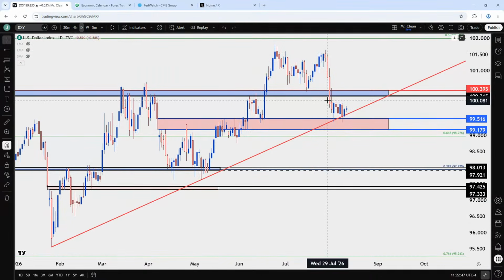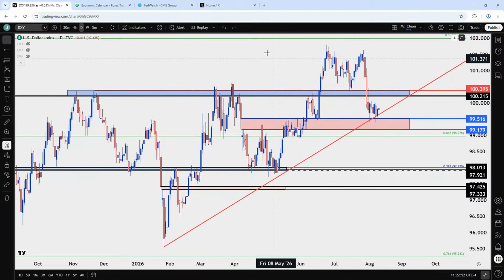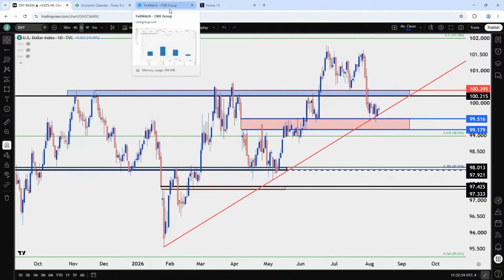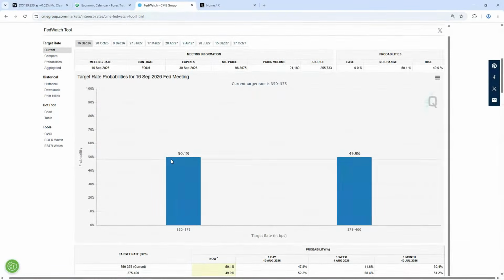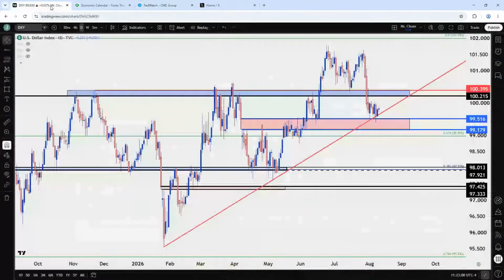For this to break out, get back above 100.22, 100.40, I think not only are we going to need to see some pretty strong U.S. data, we're going to need to see these rate hike odds firm up pretty well for September. It's a variable coin flip, and it's just a hard thing for me to buy at this point, because